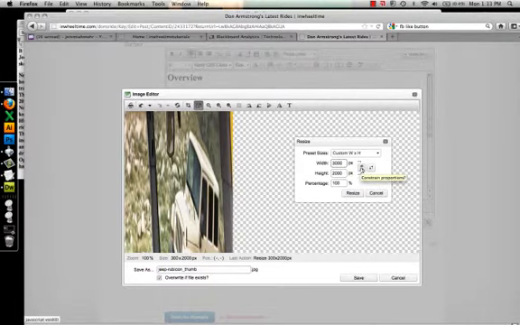So I've typed in 3000 to get it back. Select the constrain proportions, and now I want to say I want it to be 620. 620 is about the widest you want an image in this website. That's just because that's about how wide the container is, so don't go any more than 620 pixels wide. You can crop the height if you want. That's up to you. I'm going to click resize,